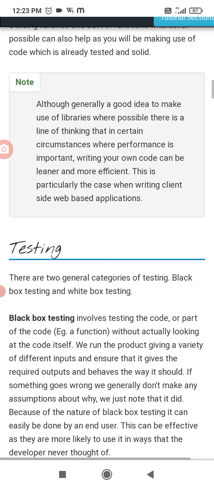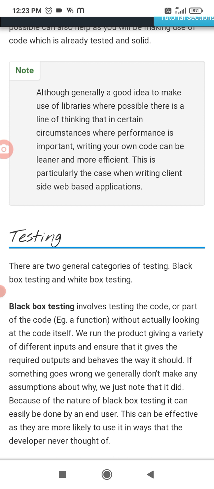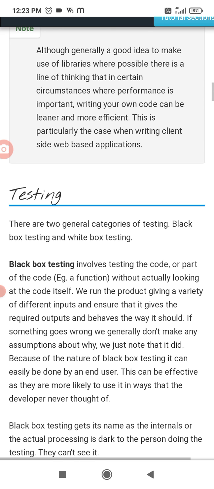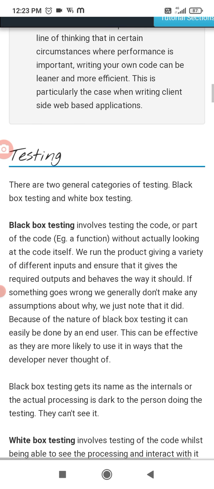The next step is testing. There are two general categories of testing: black box testing and white box testing. Black box testing involves testing the code or part of the code, for example a function, without actually looking at the code itself.